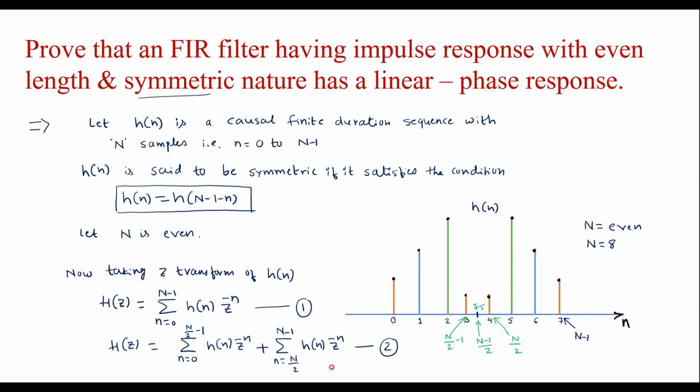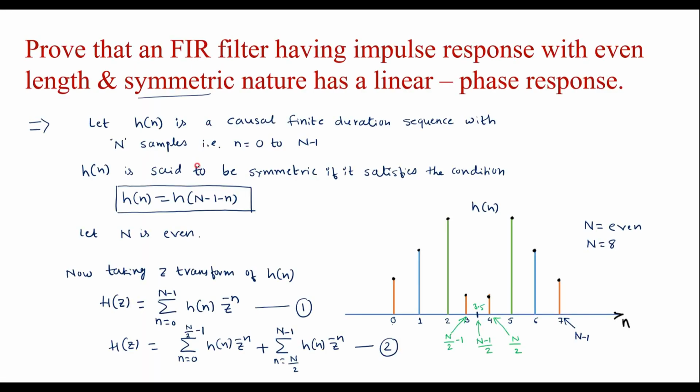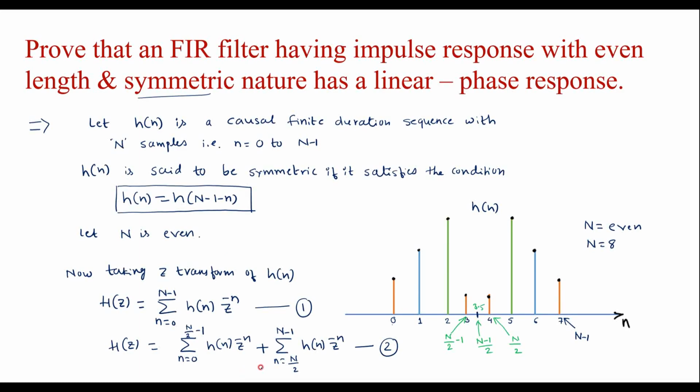So now take some other variable m such that m is equal to N minus 1 minus n. Now in equation 2, in this summation, I will make use of the m variable instead of the n variable, such that,